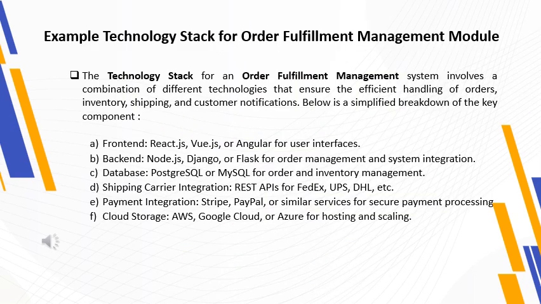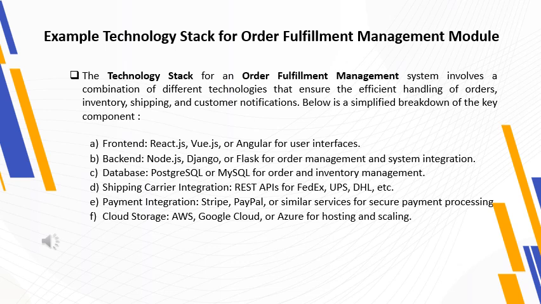The technology stack for an order fulfillment management system involves a combination of different technologies that ensure the efficient handling of orders, inventory, shipping, and customer notifications. Below is a simplified breakdown of the key components: